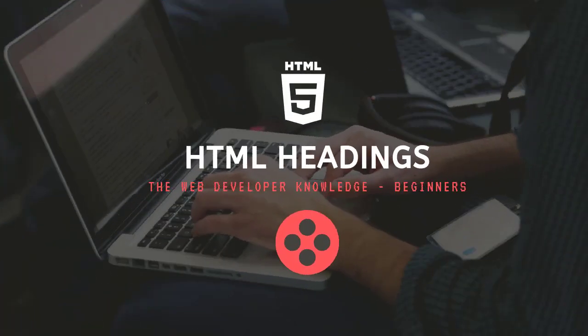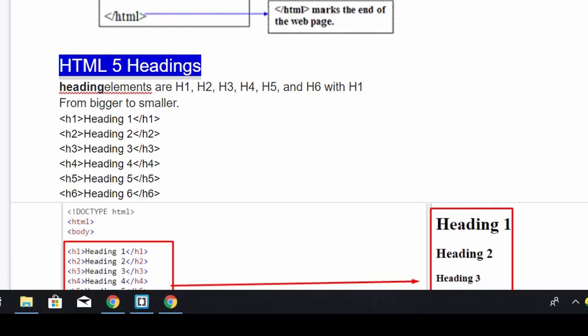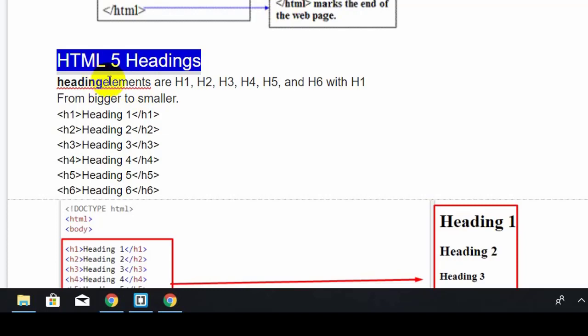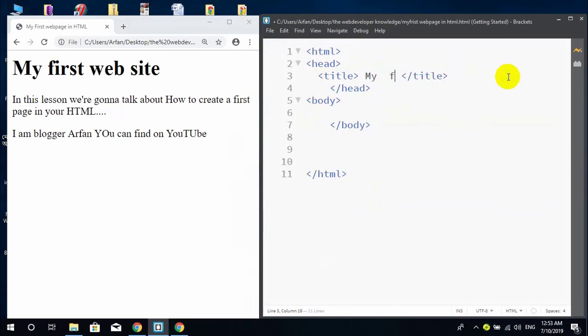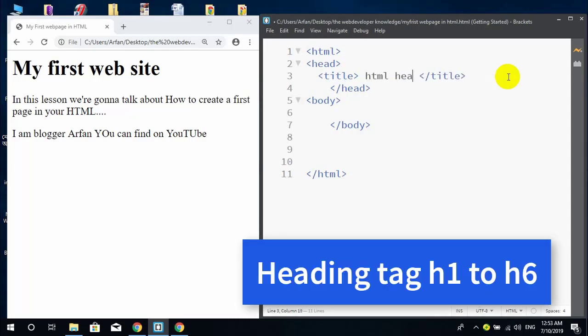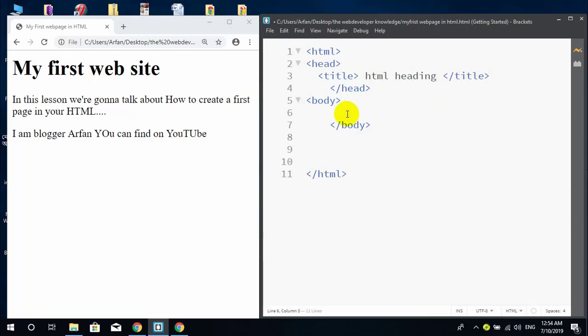Hello guys, in this lesson we are going to talk about HTML5 headings and how to write headings in your HTML. Okay, let's do it. Our topics: my first web page. My first, no, there is not HTML heading. Now write. There is H1 to H6. There are 6 headings, and I'm just writing the heading